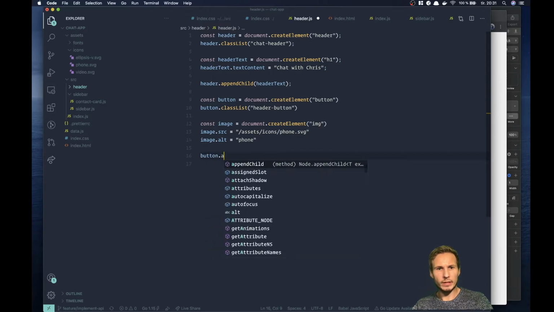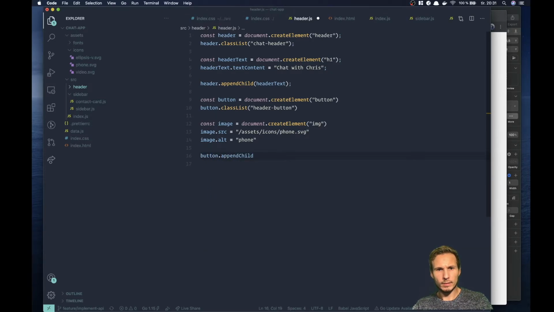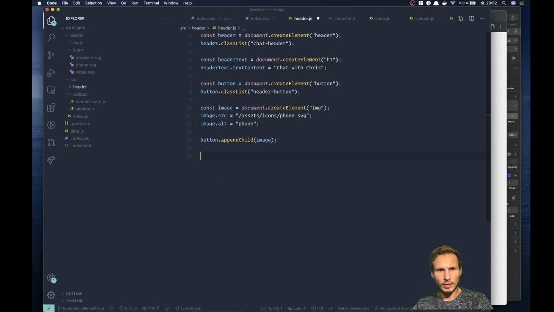So let's append that to the button, and let's see, we have the button, we are appending the image, and if we append that to the header now, put that at the bottom here,